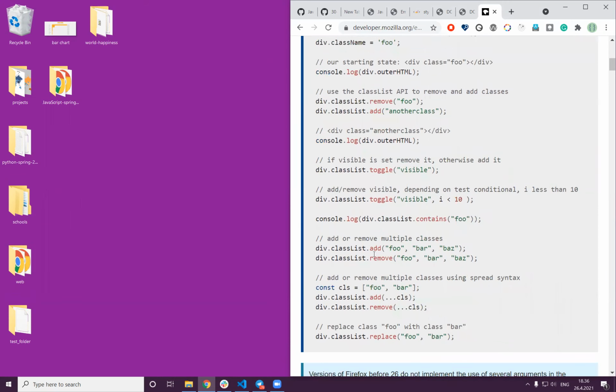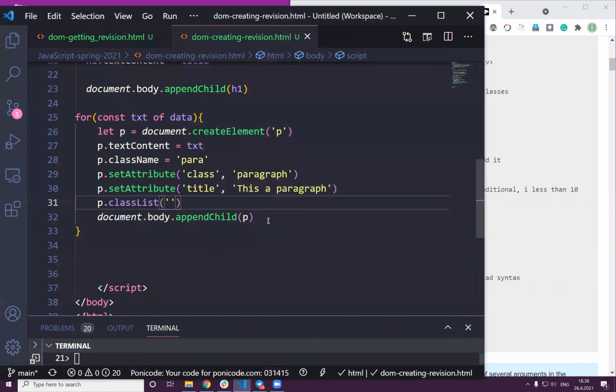Yeah, class list add, yes, class list add. That is something I forgot. I will show you. Sometimes we may use class list dot add, and we can add different classes, yes, food and a